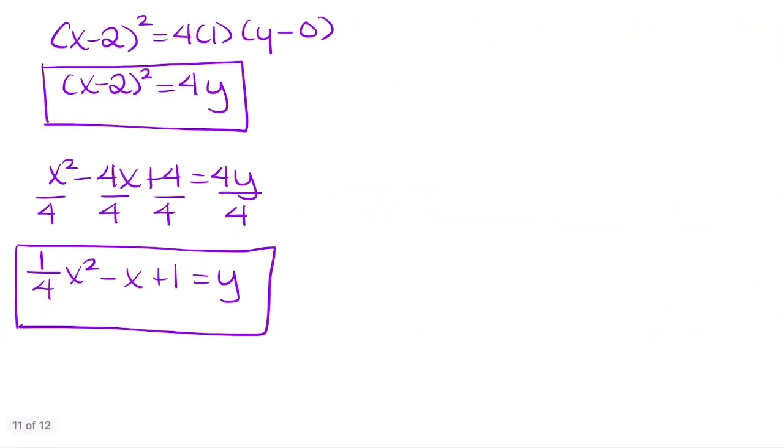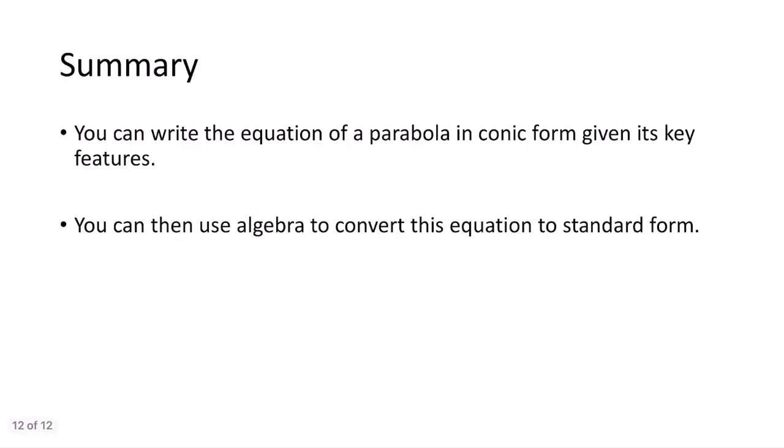So when we plug into our equation, we get (x - 2)² = 4 times 1 times (y - 0). So that's going to be (x - 2)² = 4y in conic form. So remember, you can write the equation of a parabola in conic form given its key features, and